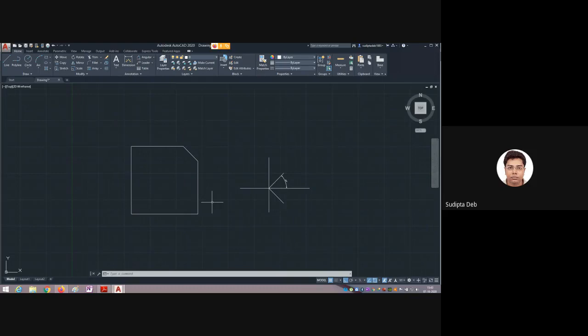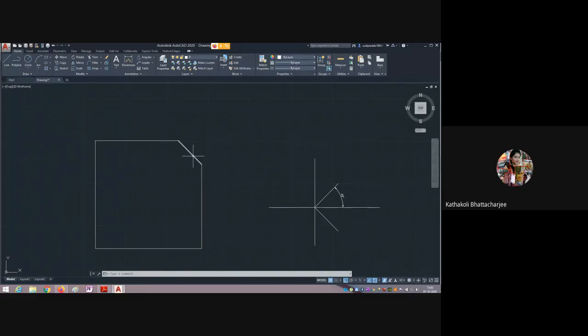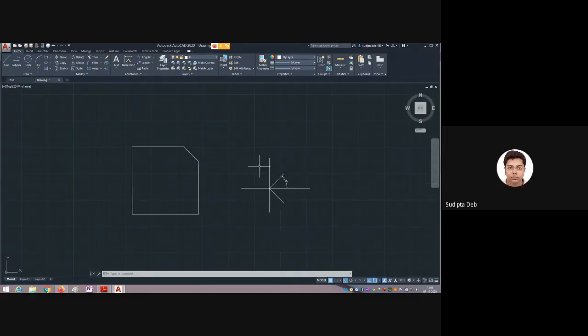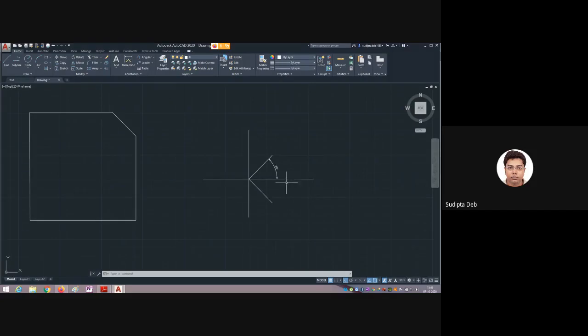So right now, I'm showing you another thing, how to delete some of the figures. Now this is the drawing, suppose. Now there are different ways I can delete it. One thing, I'm moving my cursor to the right upper side. Now I'm moving it in this way. I press the left mouse button, press and hold and rotate it like this. What I'm telling you, press, hold and rotate it.